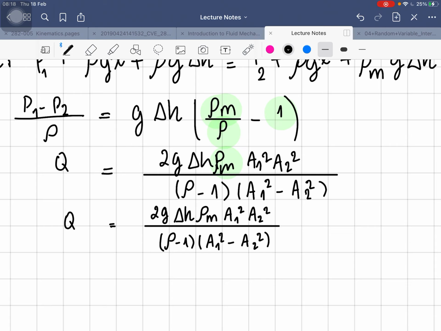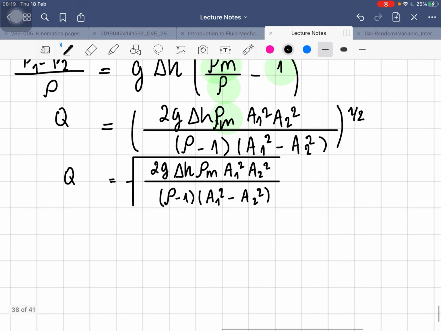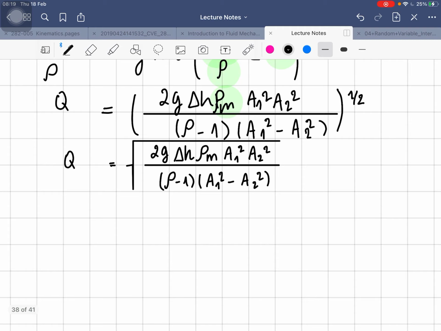So everything here is actually inside the bracket. Okay, so after we have everything in the square root, we can say that